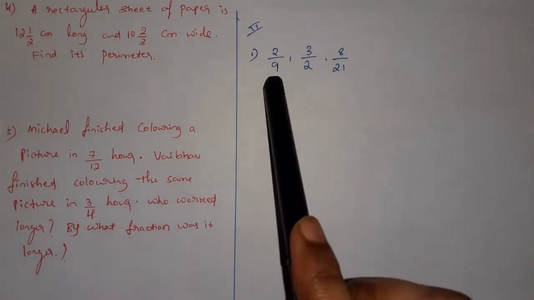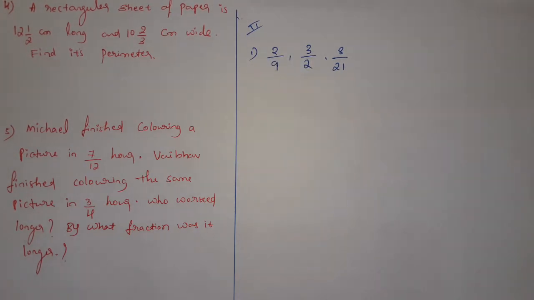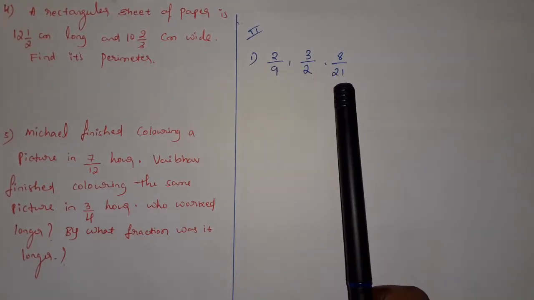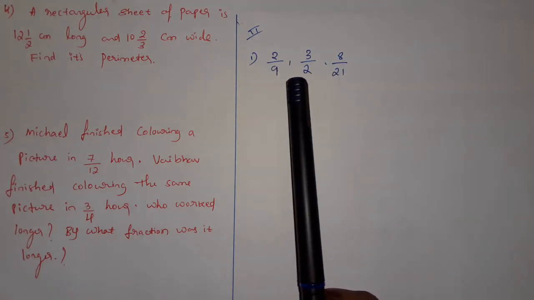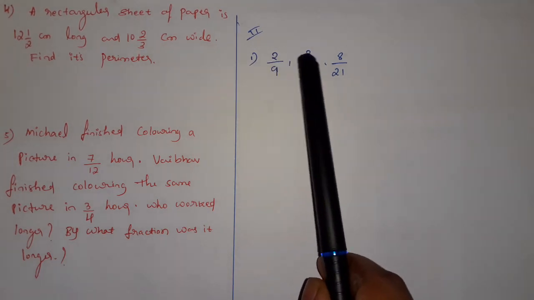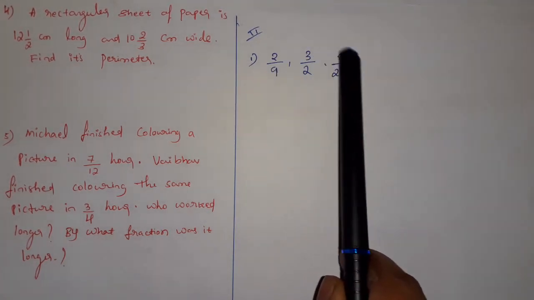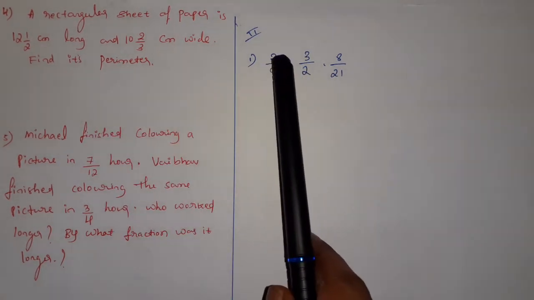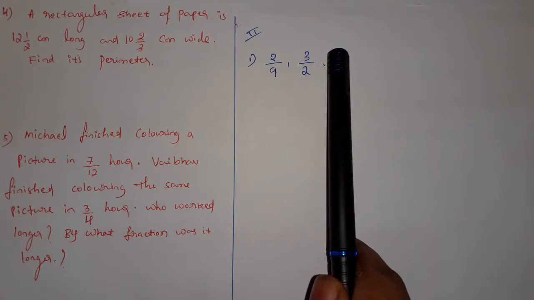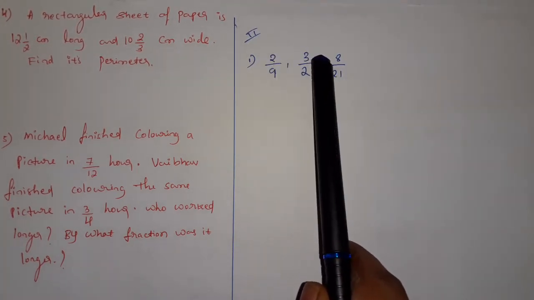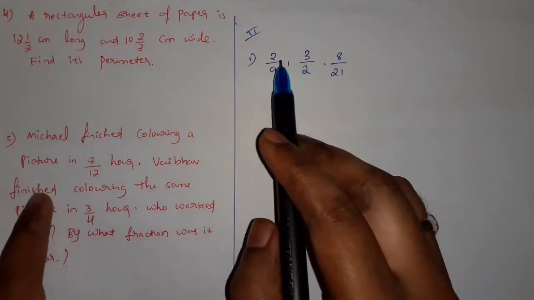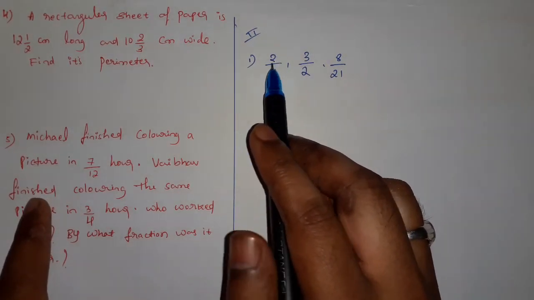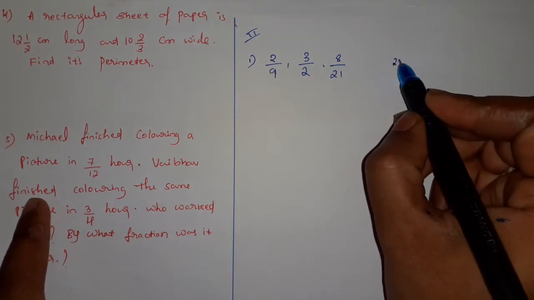So here the numbers 9, 2 and 21 don't allow me to equate, because you can see here, even if I get the numbers, it is going to be too large. So what I will do in this case, I will equate the numerators 2, 3, 8. It is quite easy for me, because they are smaller values, and I can easily calculate the common number in the 2 table, 3 table and 8 table. What is that? 24. 24 is the common number in the 2, 3 and 8 tables.